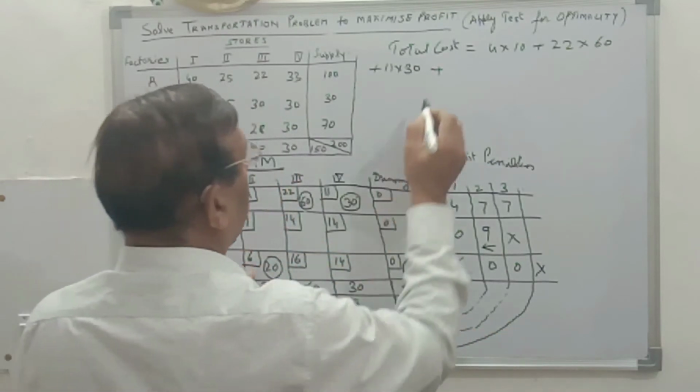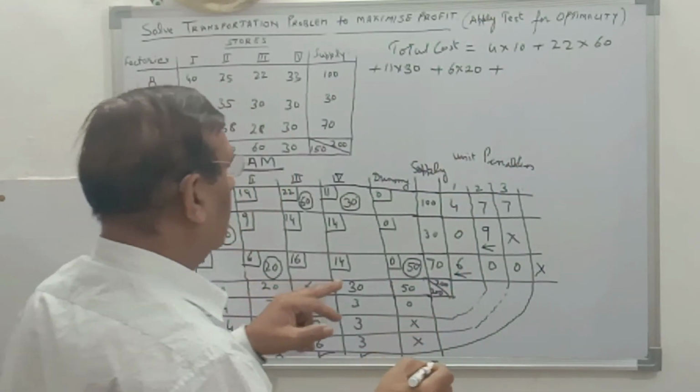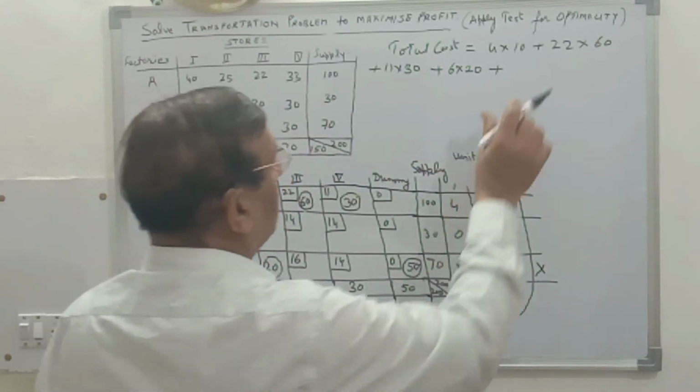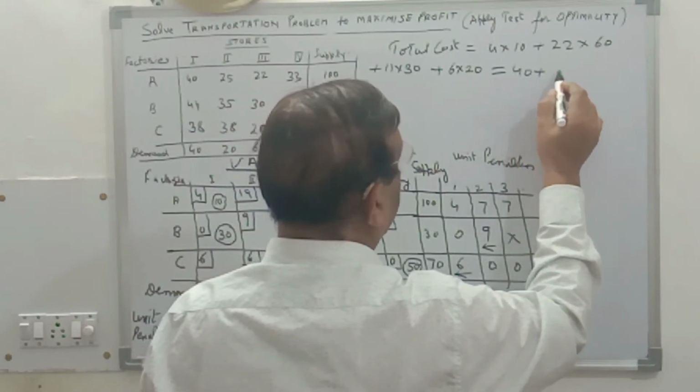So 6 into 20 plus 0 into 50, there is no point in writing down 0 into 50. So this is further equal to 40 plus